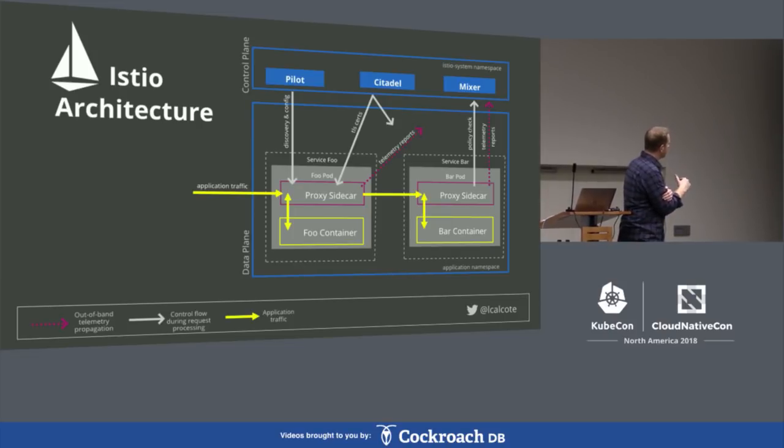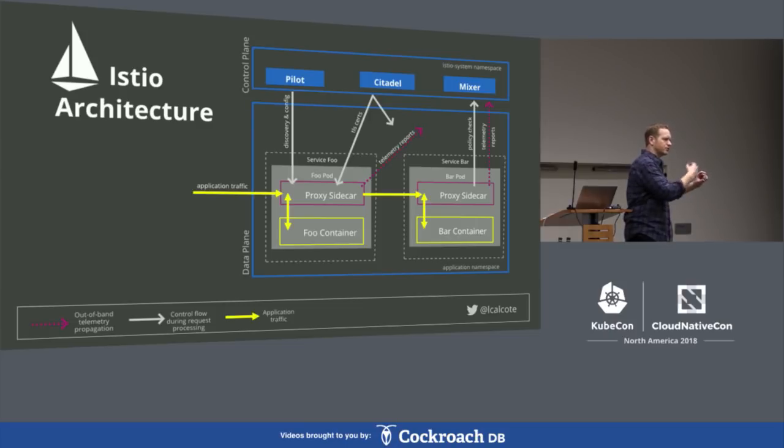So if you follow the yellow line, you'll find that in the past, and this is a Kubernetes example, you've got an application called foo and an application called bar. Foo, when it needs to speak to bar, would address bar, send it requests, and they would directly speak to one another. As you go to deploy Istio and the sidecar proxy gets injected into your pods,